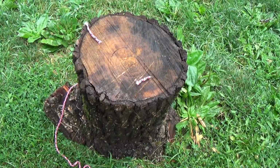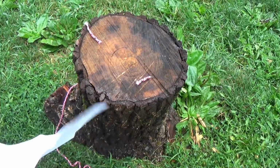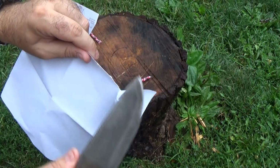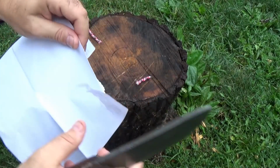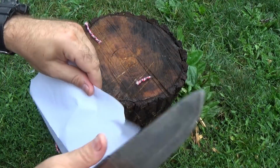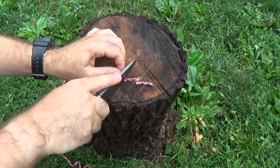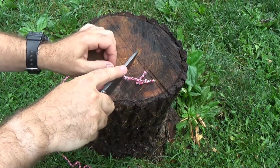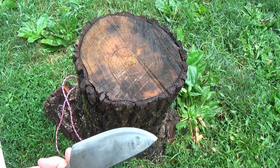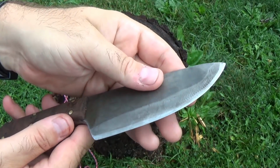Okay, the edge might need a little bit of refining. Got a piece of paper that I've kept in my pocket to keep it nice and dry. The edge could use a little refining, and that's all right. If we needed to cut though, it works. I just think it's really cool that somebody's getting into the world of producing their own knives